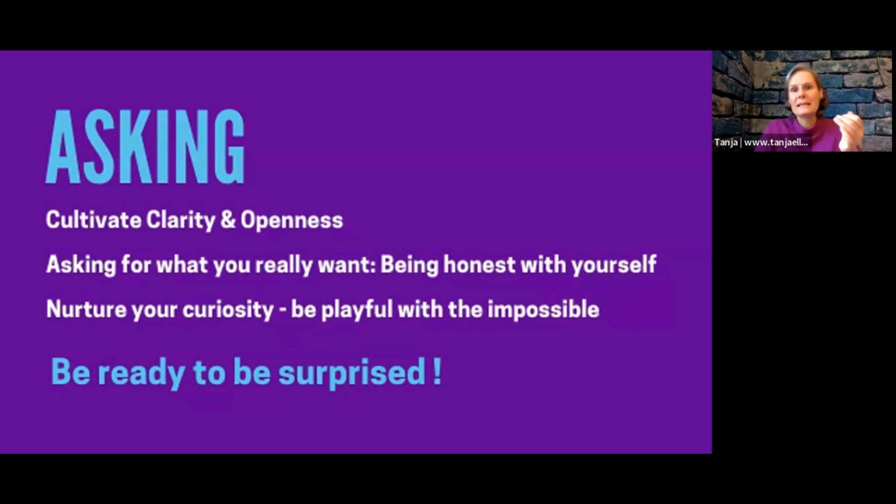So first, cultivate clarity and openness. At the very beginning, you need to figure out what it actually is that you want to know. You want to be as clear and as specific as you can get, while still remaining open to the outcome and the answer that you will get. So open yourself up to all the possibilities, and stay away from what you already know. Every time you connect with the quantum field and you ask a question, what you want to do before is create a blank slate in your mind, so that you can be open and really receive fresh, new information.